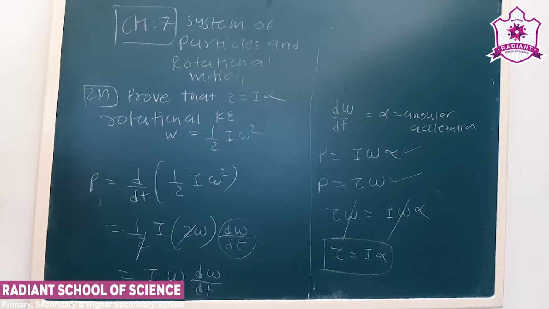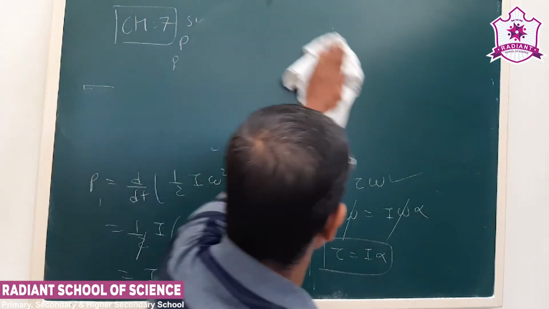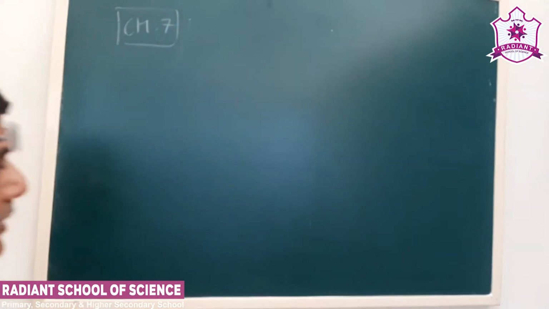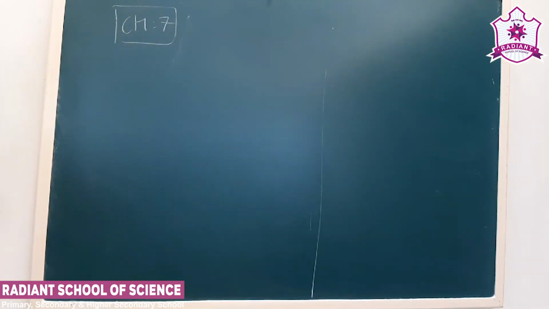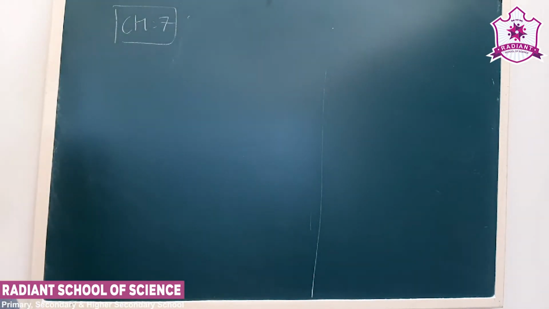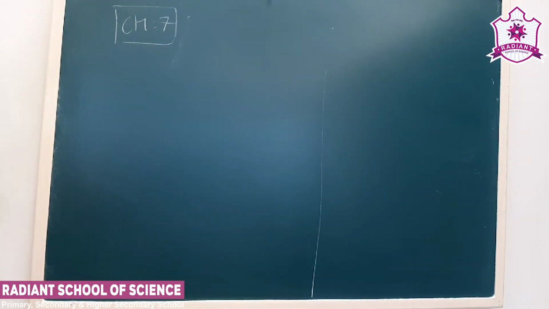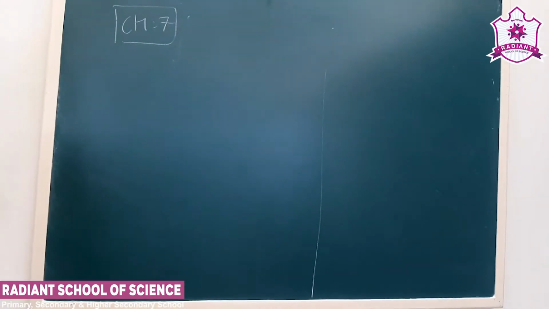Now next we have to study about the rolling motion, or rigid body rolling without sliding. A rigid body. Okay, now this is an important question. See, the question can be asked in terms of the theory, and from that we derive a number of equations that will help you to solve MCQs. Now here when we talk of the motion of a rigid body, we consider the motion of the center of mass of the rigid body.